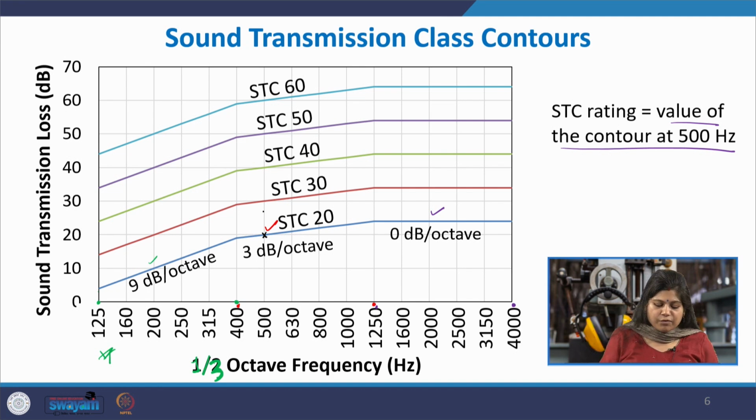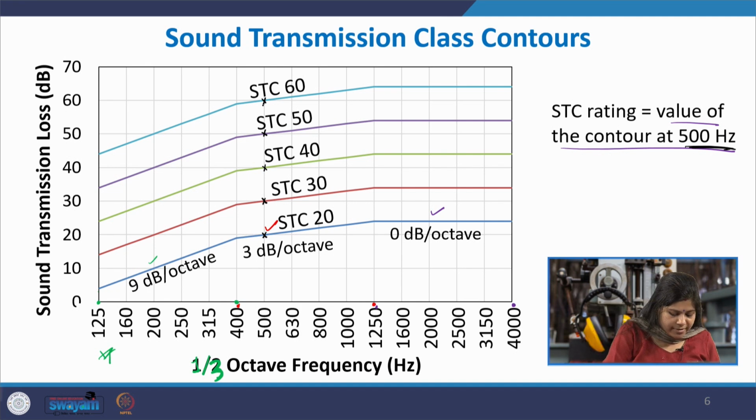Then the same curve, 9 dB per octave, 3 dB per octave and 0 dB per octave, these lines you plot one by one, and whatever value it achieves at 500 hertz becomes that STC number. So, here you can see 30 decibels, and then here this curve, 40 dB is the value at 500 hertz. So, it is assigned STC 40 and so on, STC 50 and 60 and so on, and in the middle